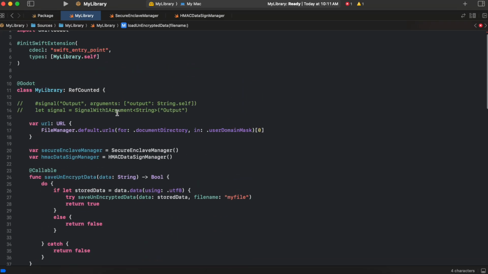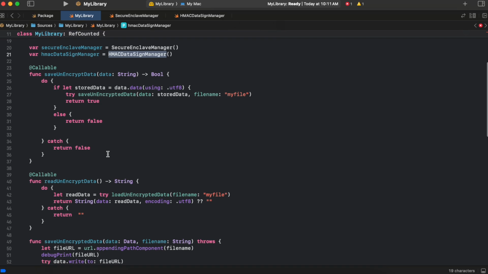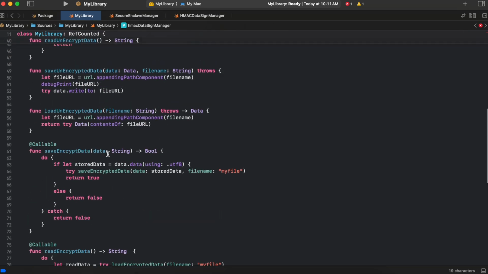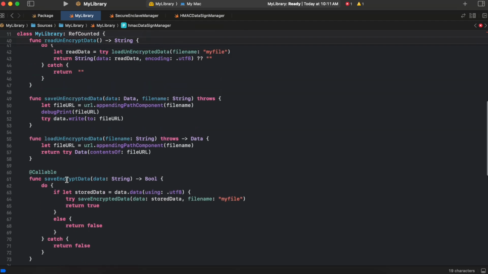Now if you see over here at the top, we are creating objects, or what you call it in Swift, I don't know, but in Java we call it creating objects, or creating instances of secure enclave manager as well as hmac data sign manager, so that we can use it. Once we do that, if I just scroll down here, here you can see I have created another method